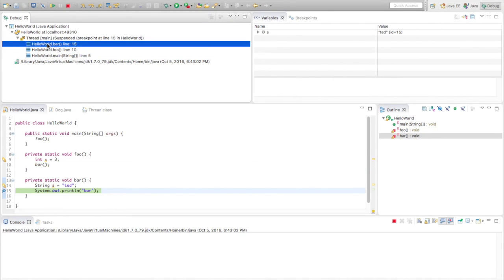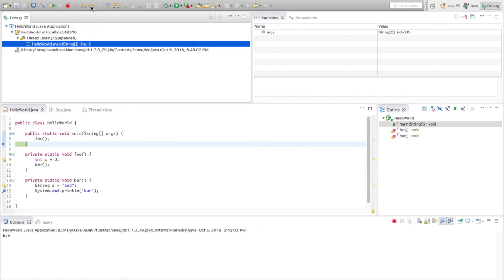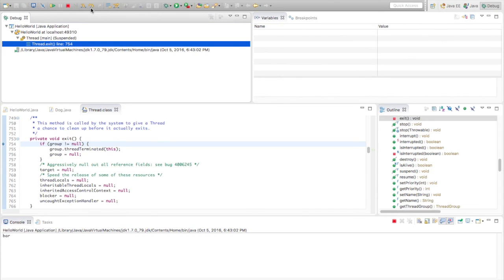So let's go back here and watch method invocations get popped off the call stack. If I do step over and push this button right here, then we return from that function, and now bar is no longer on top of the call stack, and foo is. Now if we continue execution of the program, then foo will get popped off the call stack, and then we'll be in main. So let's see that one more time. Okay, beautiful. Foo was just popped off the call stack after I pushed that. And now if I continue one more time,